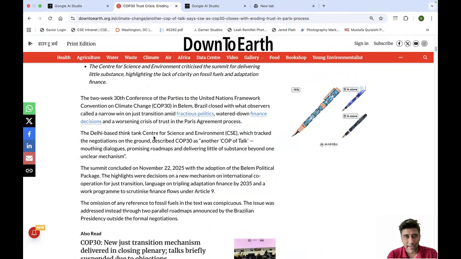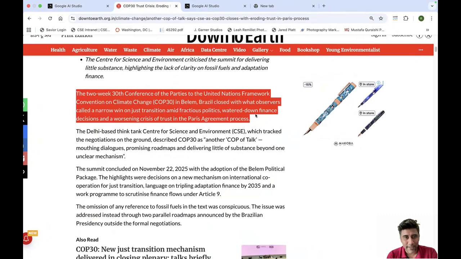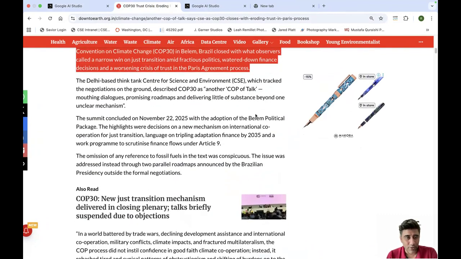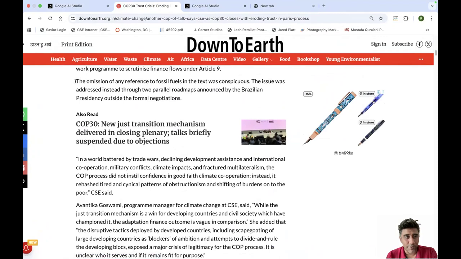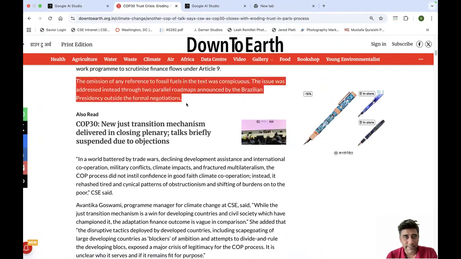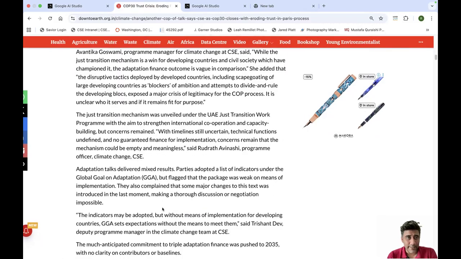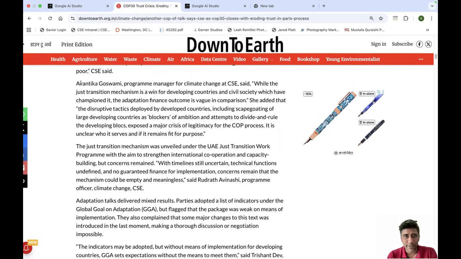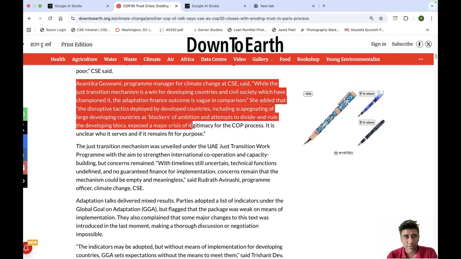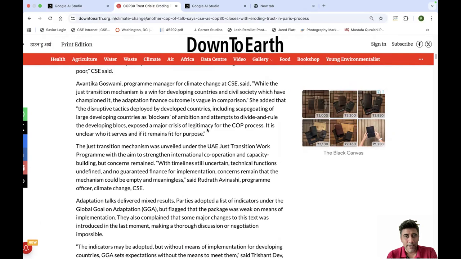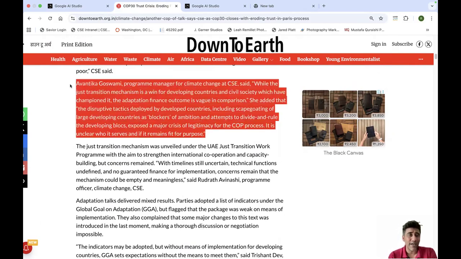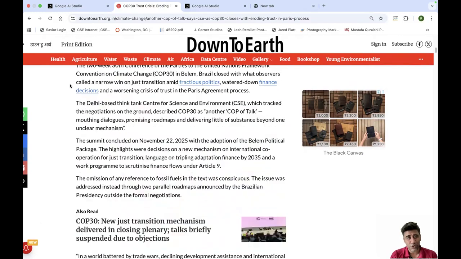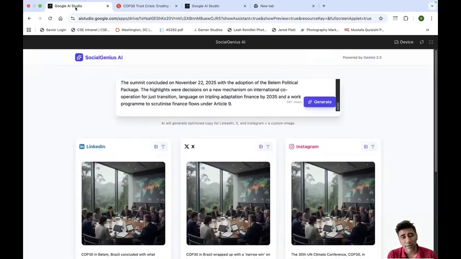I do the basic hard work of figuring out, okay, this is a paragraph on the basis of which I want one of my quotes. Let's say the fact that the omission of any reference to fossil fuel in the text was conspicuous. This is something that I want to play up. And maybe, let's say, this quote by my colleague Avantika, which talks about what she thought happened over there. So this can be the other. Let's say these are the 3 things. I will copy-paste only the relevant portions and then ask AI to come out with it, rather than giving the entire 1,000, 1,500 words in one go,